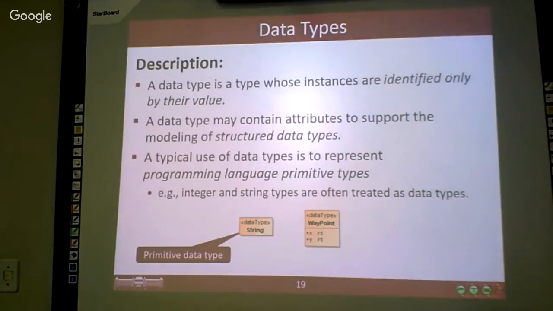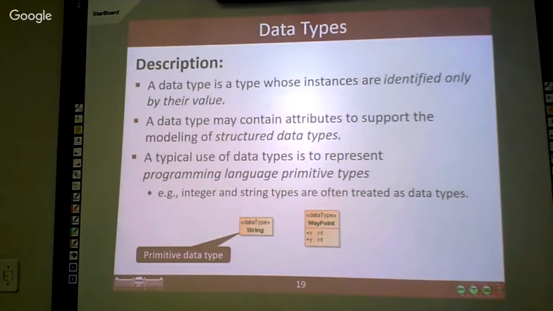And here you can see, for example, a primitive data type, string, but you can also have some more complex data types. So here we represented a coordinate, an XY coordinate, to represent some points in a field, and they